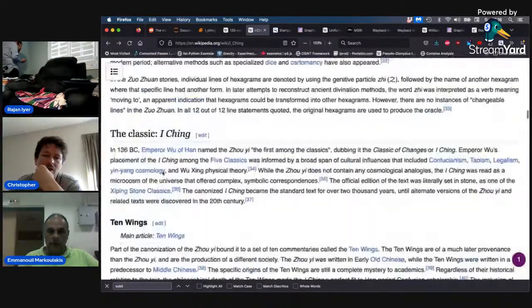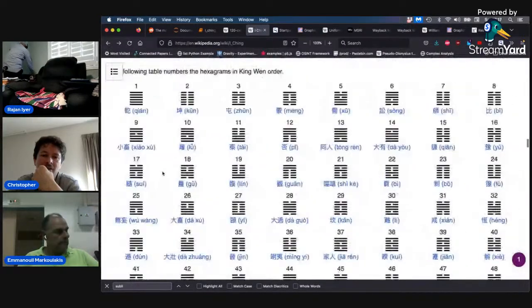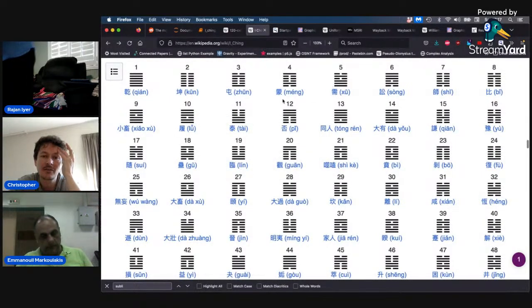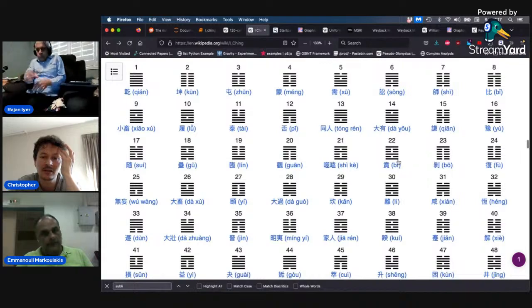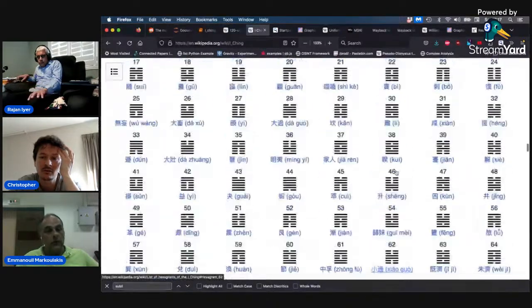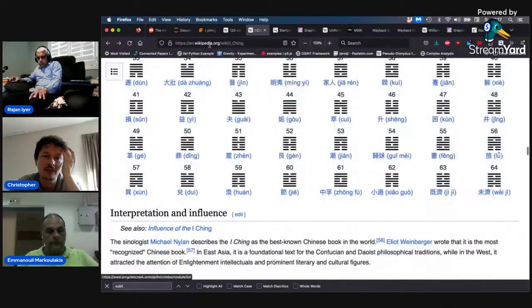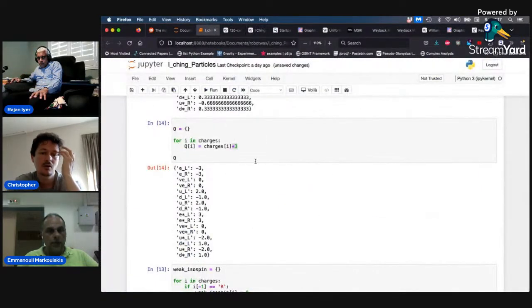So I don't know if they're going to have the image of it here, but basically, yeah, it's to recreate this then using the particles of the standard model instead of the hexagrams. So this order, and specifically this 8x8 kind of matrix. Okay, so